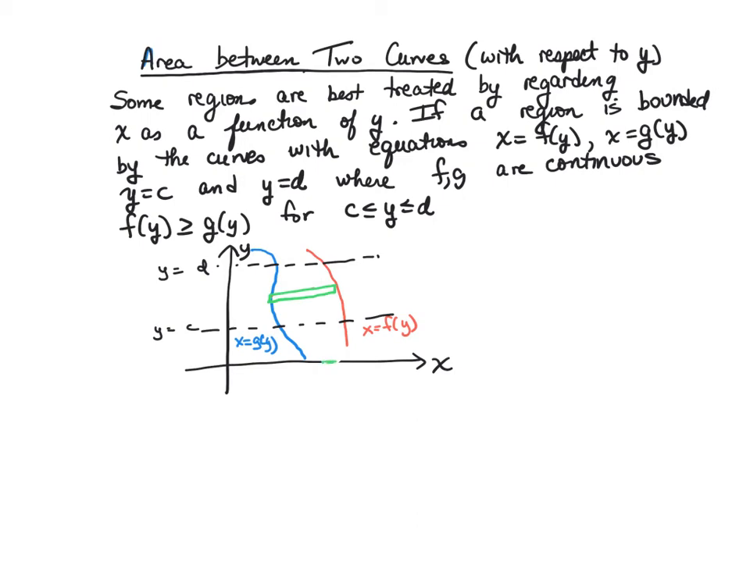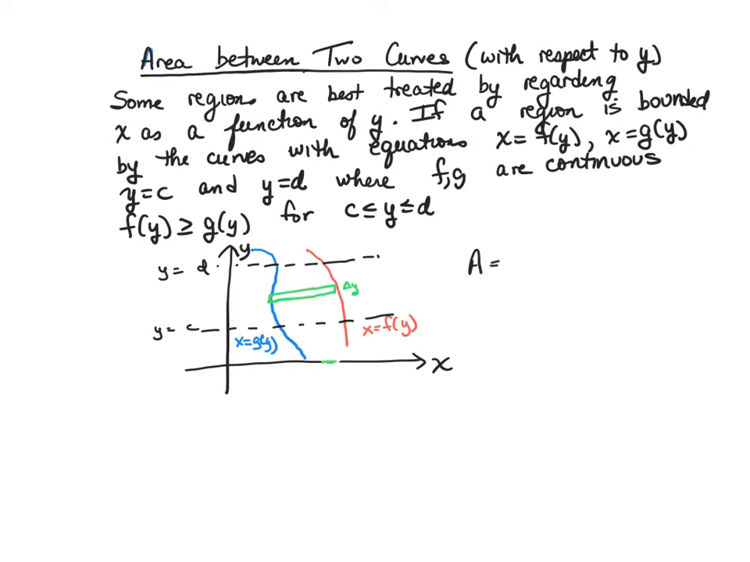So if you rotate this 90 degrees counterclockwise, and the y-axis is towards you, you see that it's the same analogy. So delta y would be this width, and the height would be the right minus the left. So we could write this. The area